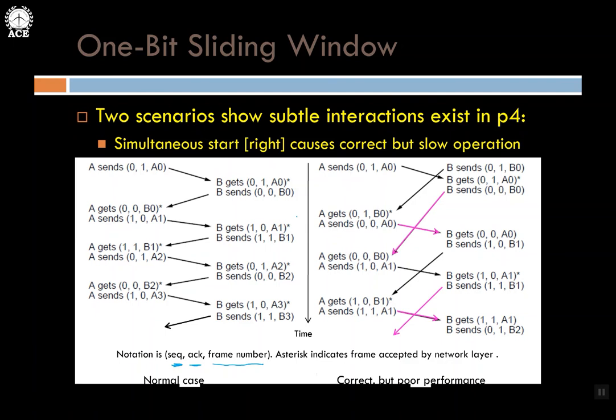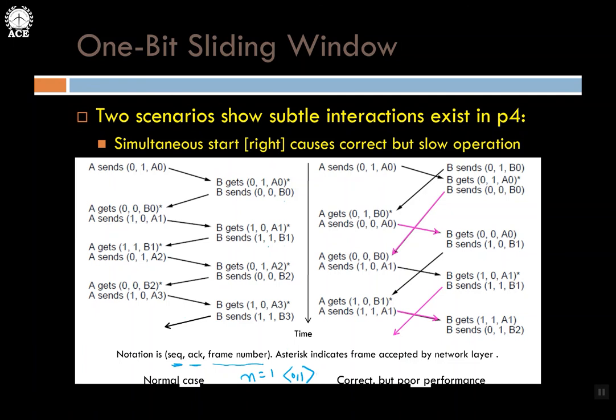Next, B also gets it. And then B, having acknowledged this, earlier it has sent B0, now it will send B1. Kindly observe that. So it assigns sequence number 1 and acknowledges 1, which it has got from A. It got sequence number 1 from A. So acknowledging this and assigning a new sequence number 1 to B1. So A also gets the same thing acknowledged. Next it will slide to 0 because here the value of n is equal to 1. So I have only 2 sequence numbers, 0 and 1. They oscillate between them, 0, 1, 0, 1, 0, 1 like that. So that is the normal case.